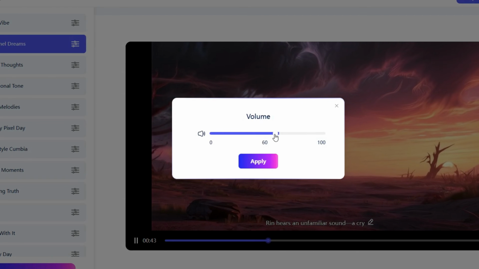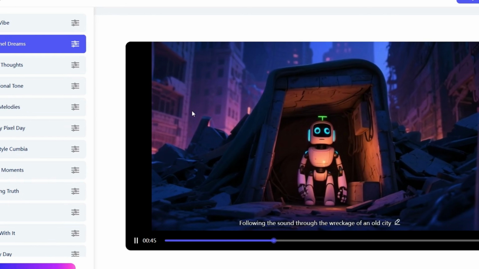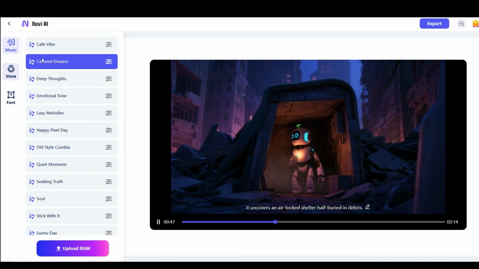Recyclable materials. Rust eats away at its joints, its sensors flicker, and its memory logs are fragmented by centuries of